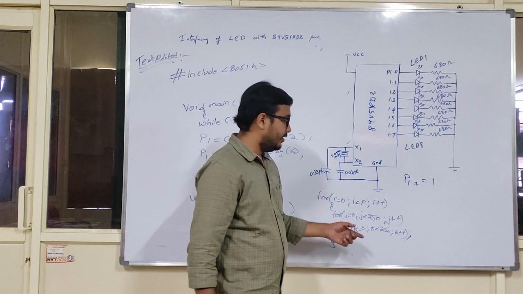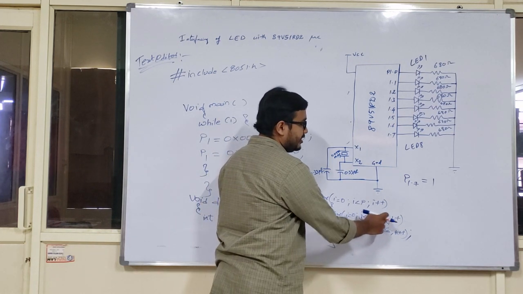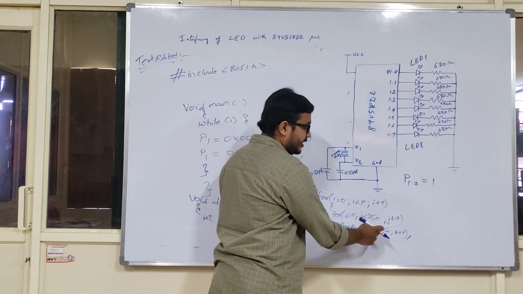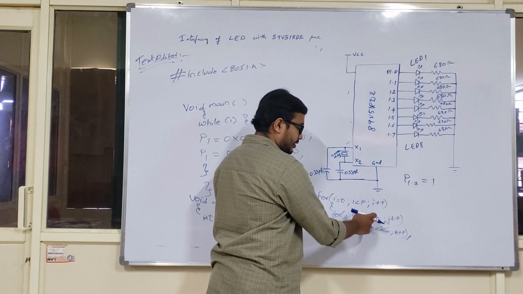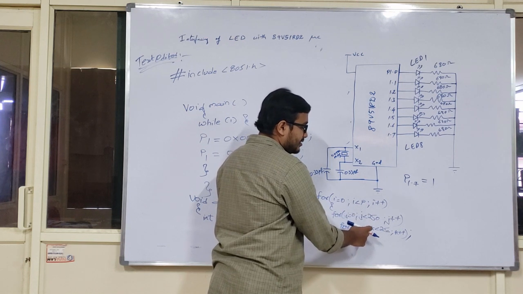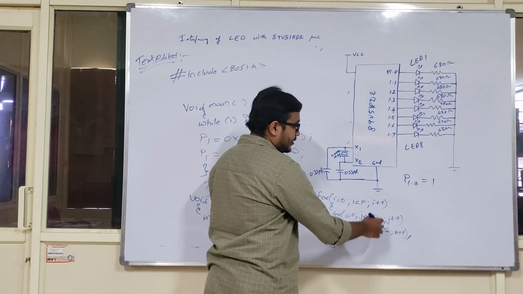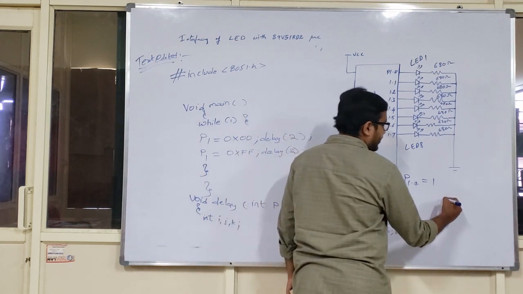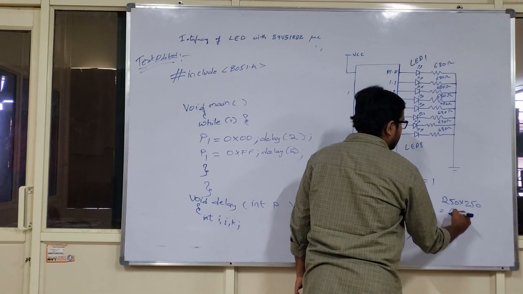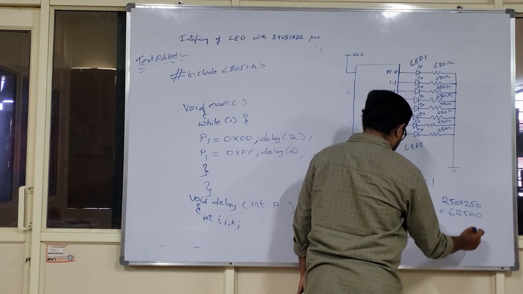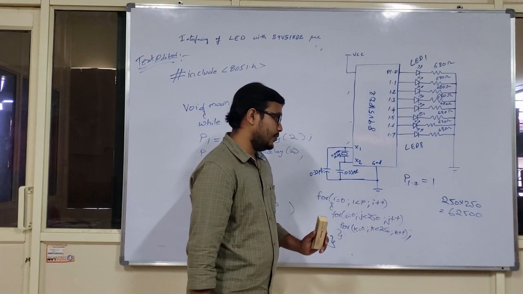1 second. Okay. That means these 2 for loops, this j equal to 0, j is less than 250, j plus plus, k equal to 0, k is less than 250, k plus plus. That means j here is undergoing some iterations and k is also undergoing some iterations. That means this complete loop is undergoing 250 into 250 iterations, that is 62500. Okay. So these are the iterations these 2 for loops are undergoing.